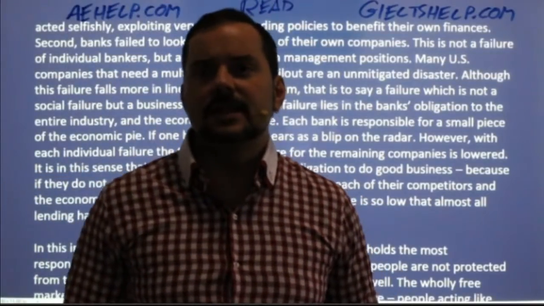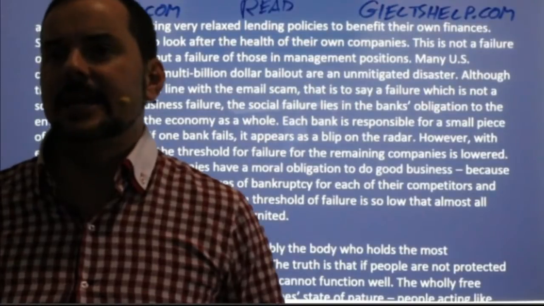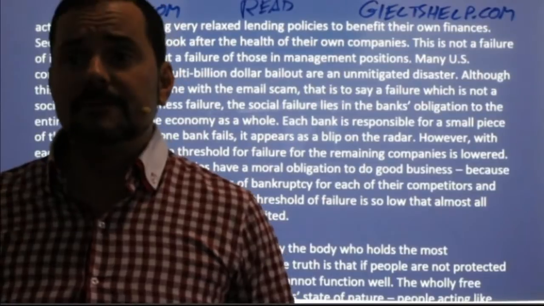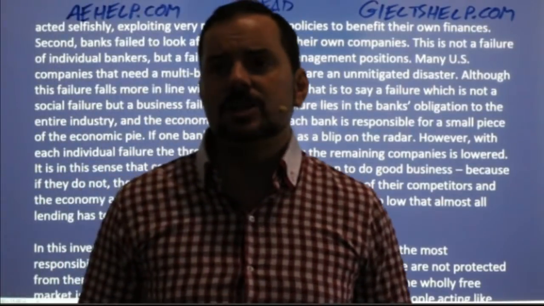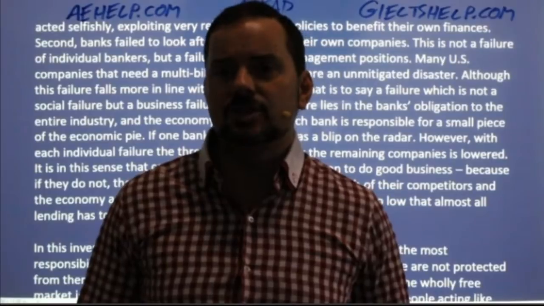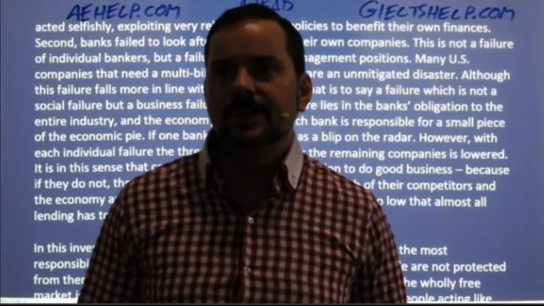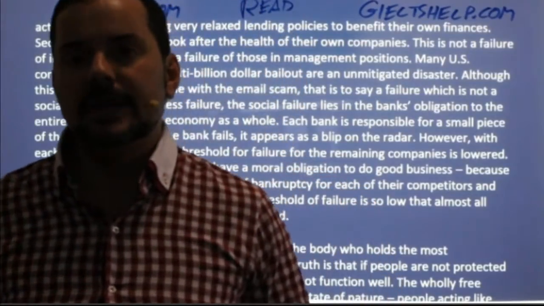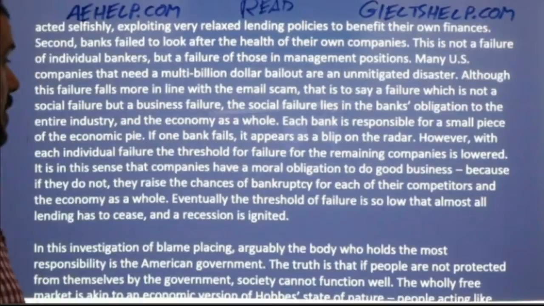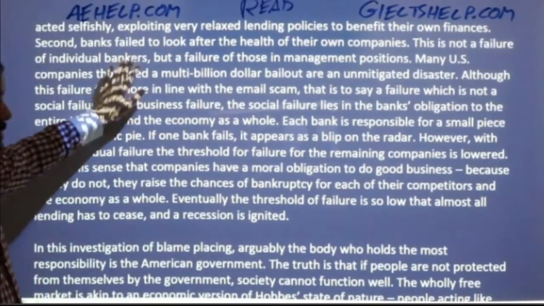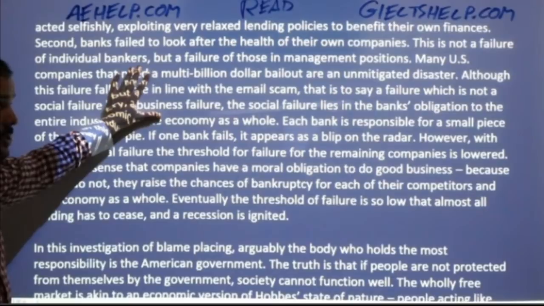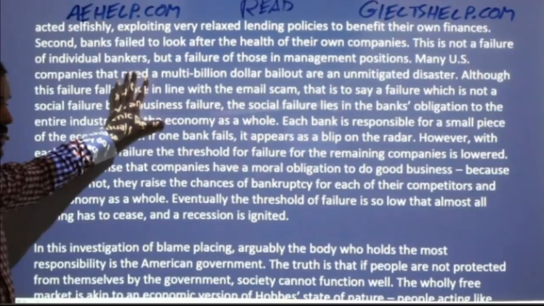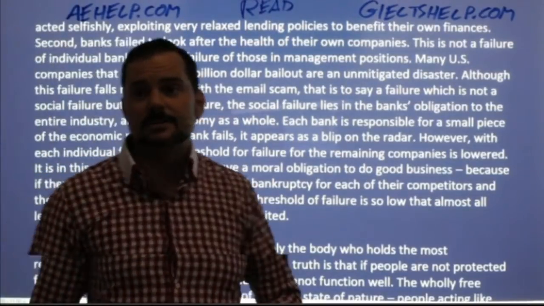Fennel says it's the lending and loan of different banks lacking. Yep, there's some there as well. I'm still looking for the best answer. Demita, very good. So Demita David says it's the obligation of the bank to the industry and the customer, right? So that would be this paragraph summarized: the responsibility of the bank to the industry, to the customer, and its failure in the American economic crisis for these, right?